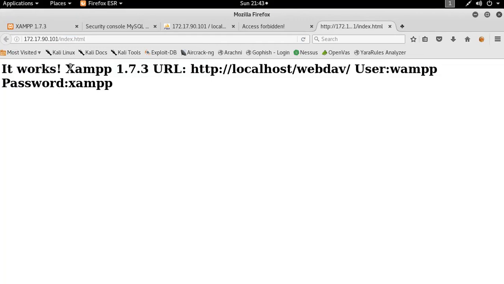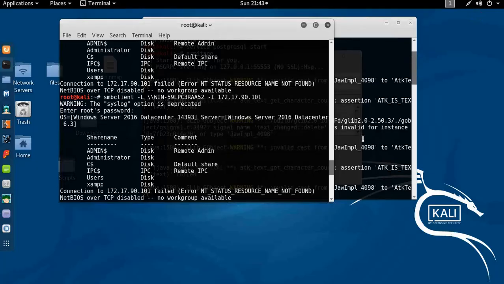It works, and I see that XAMPP is running, and look at this. I have a username and a password that are misconfigured. And if you recall, this is the same username and password from the actual exploit we ran a few minutes ago. Now, looking through the list with available directories,